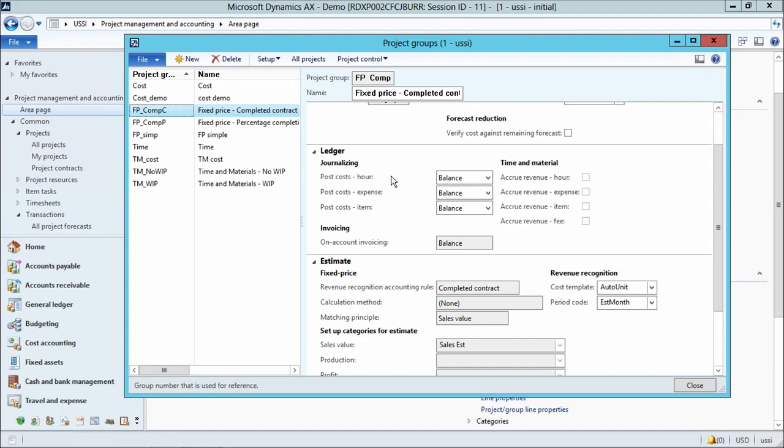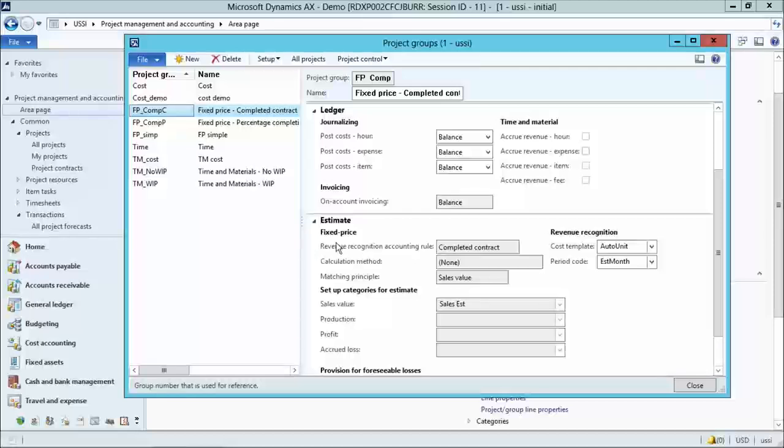However, when you ran the estimate, it would then do entries to move it from the P&L to the balance sheet, because in a completed contract, you want to match the revenues to the costs, so you want to hold those all onto the balance sheet until you're done. So after that, then we get down into the estimate section. We can choose the completed contract accounting rule, and once we do that, then we can choose the matching